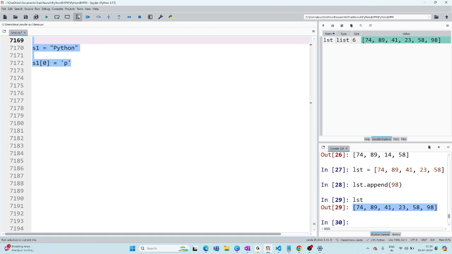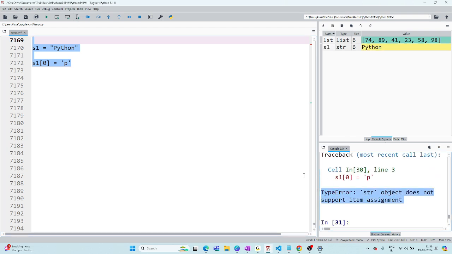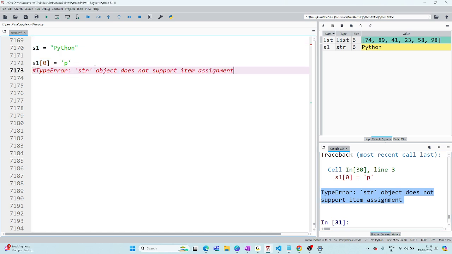It says the object does not support item assignment. You cannot assign anything. If you want to use a string, use it as it is.